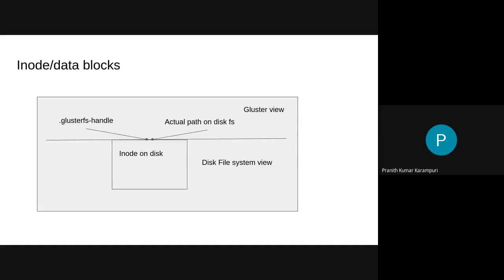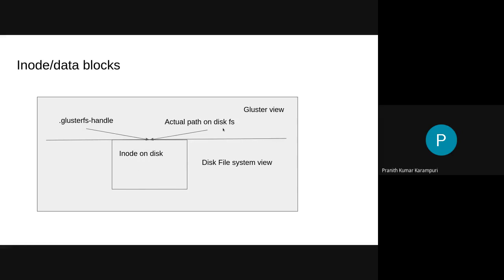Okay, so we have discussed something similar in the earlier session, where you have a path, file descriptor, and the directory file descriptor and name. All of them can access the file on the disk. GlusterFS accesses the file on the disk file system using either a GlusterFS handle or an actual path on the disk file system.